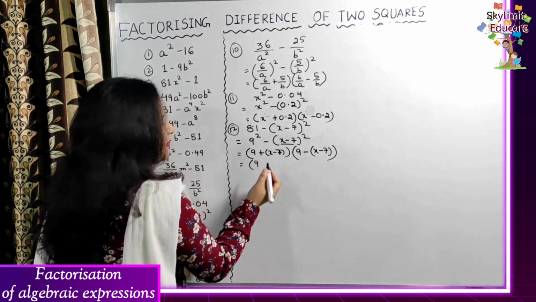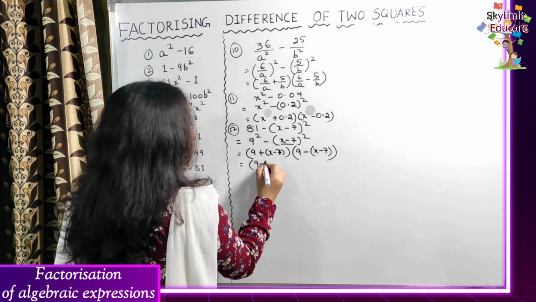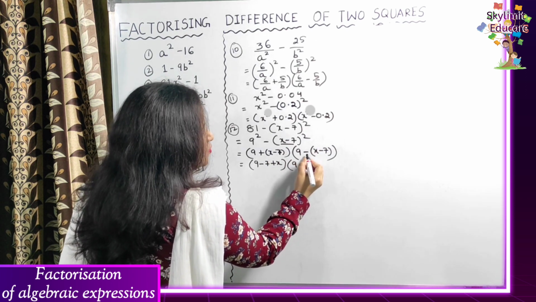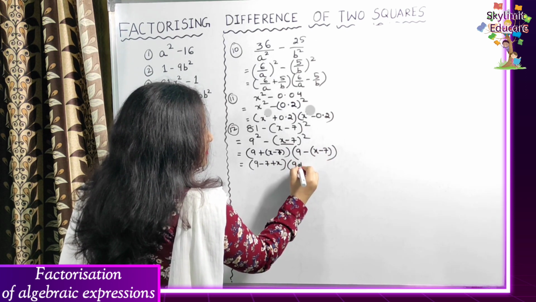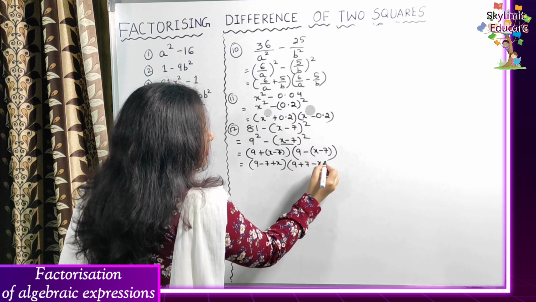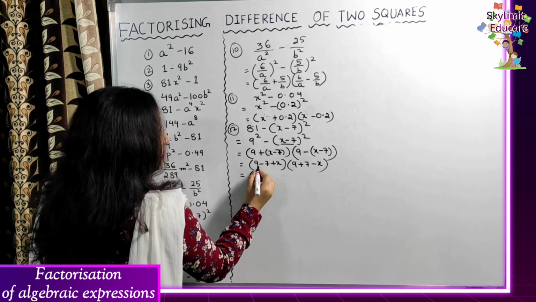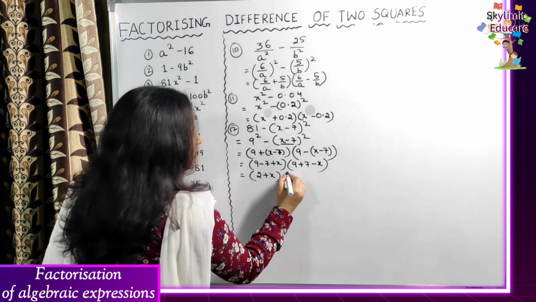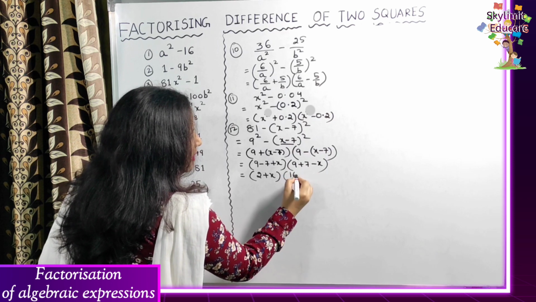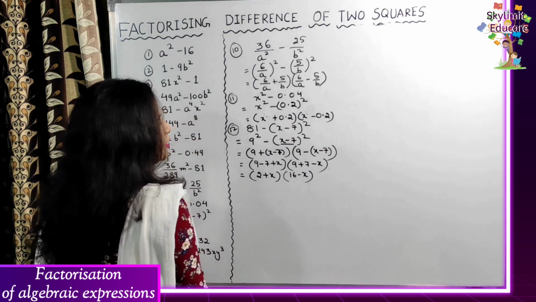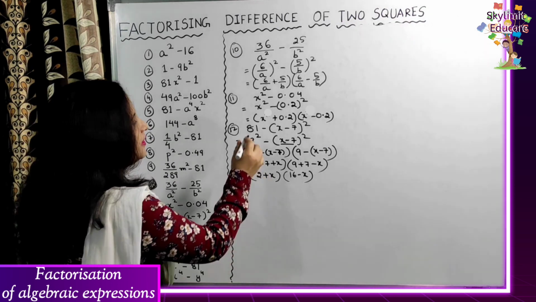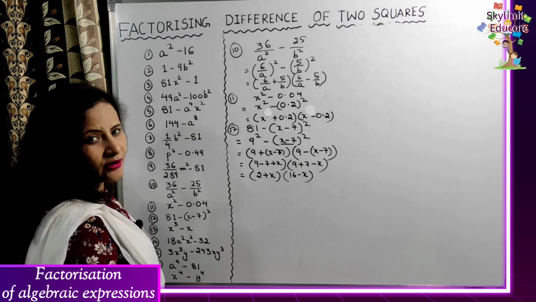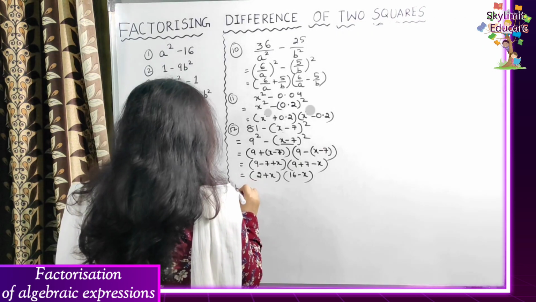9. So when you have a plus sign, no need to worry. 9 minus 7 plus x, you can write in this manner. Now this will be 9, so minus sign is outside the bracket. So minus 7 becomes plus 7 and plus x becomes minus x. So here 9 minus 7, 2 plus x, or it can be written as x plus 2, no problem. And this is 9 plus 7, 16 minus x. So this will be the answer. In this way, we are going to factorize. So here, this is a square and this as a whole, x minus 7 represents the square of b. Clear? Let's come to 13th number.